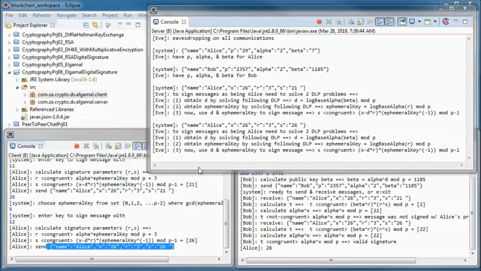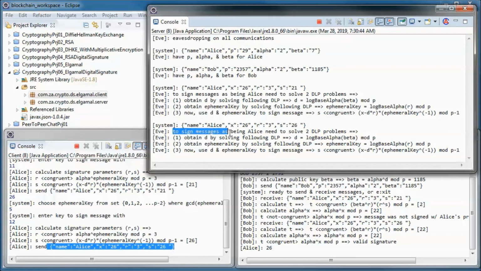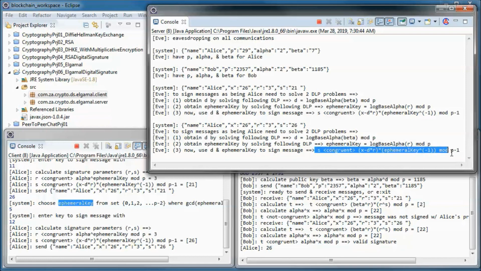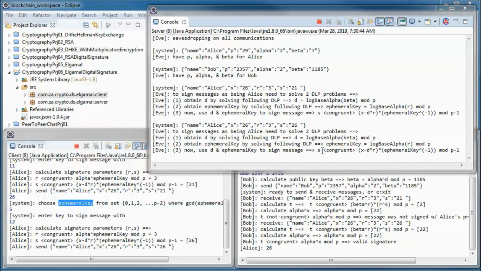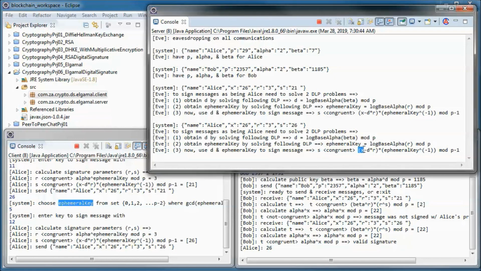But in order to sign those messages as being Alice, she needs to solve two discrete logarithm problems. Then she can use D and the ephemeral key to sign the messages this way. So S is congruent to X minus D multiplied by R, all of that multiplied by the inverse of the ephemeral key mod P minus 1.